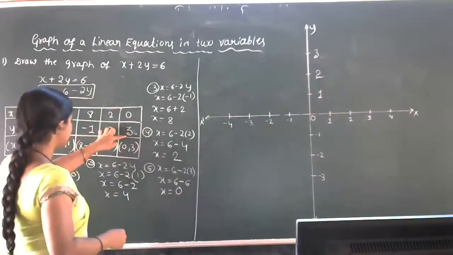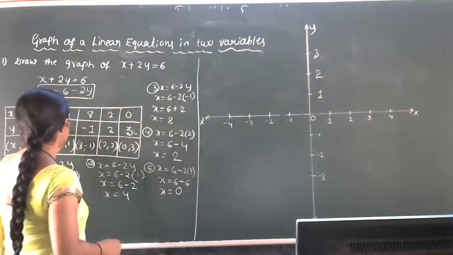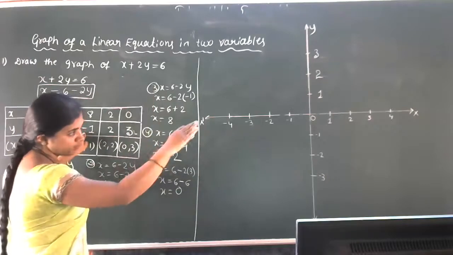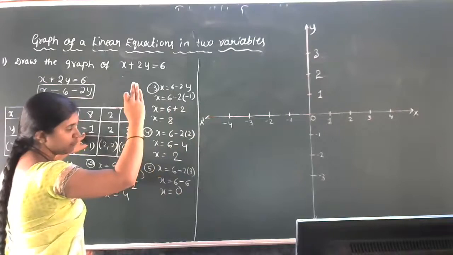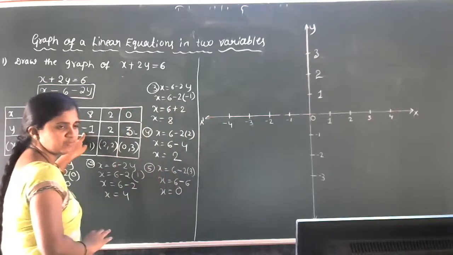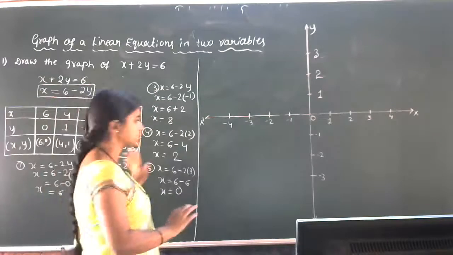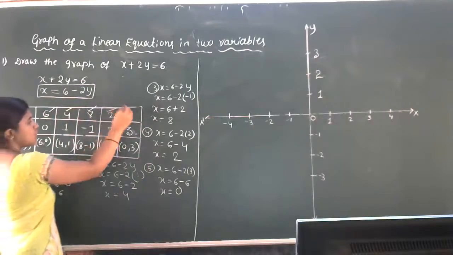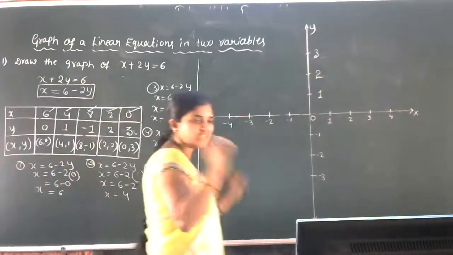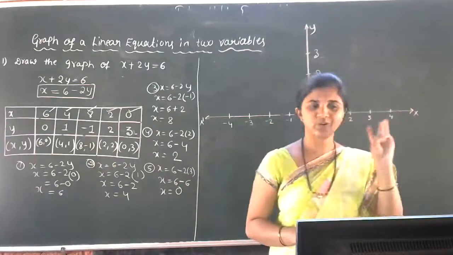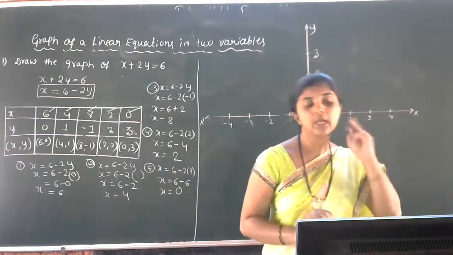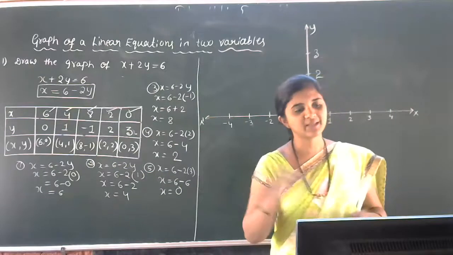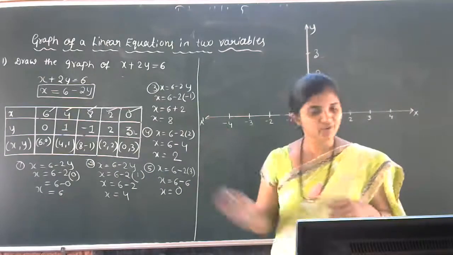Okay, this solution we will take, 4 comma 1 we will take. 6 comma 0 and 8 comma minus 1 you can take, but here we have arranged only up to 4 on the x-axis, here minus 4, there 4, then downwards also we'll get minus 4 or 5. Okay, so can we fix these solutions? See here: 6 comma 0, 4 comma 1, 8 comma minus 1, 2 comma 2, 0 comma 3. So in total we got 5 solutions actually. We need only 3, or even 2 is sufficient, but in the examination you have to find out 3 solutions compulsorily. Okay, so 4 or 5, that is your wish. So got the idea of the solutions now.